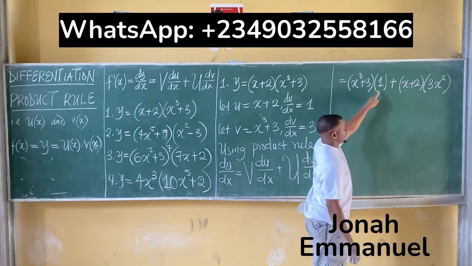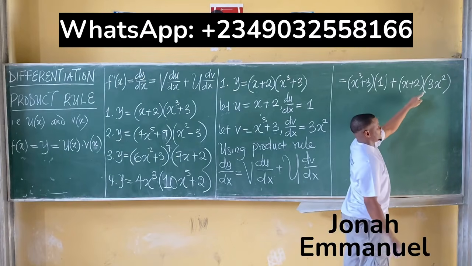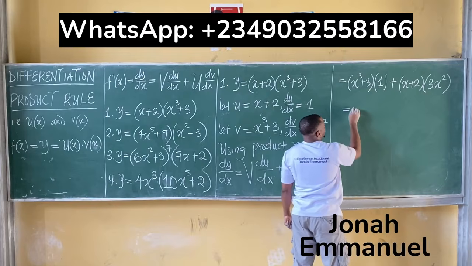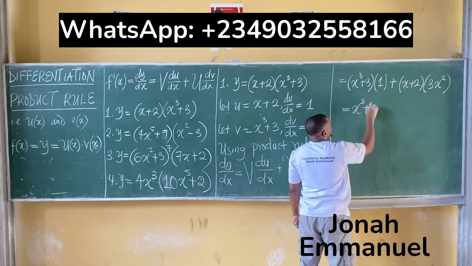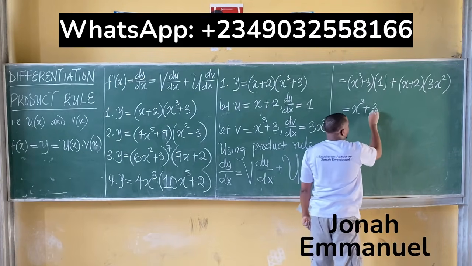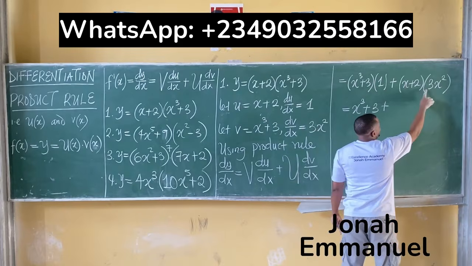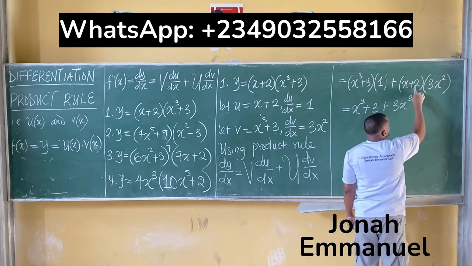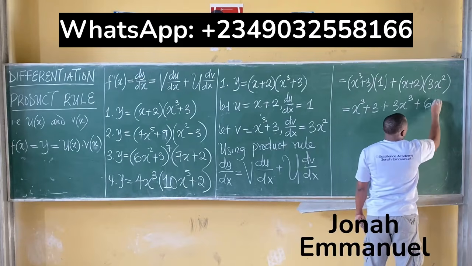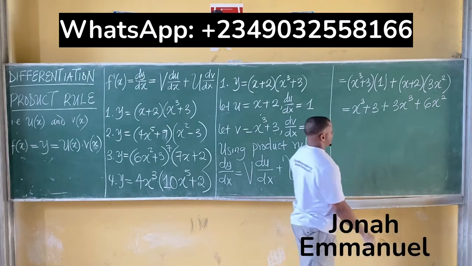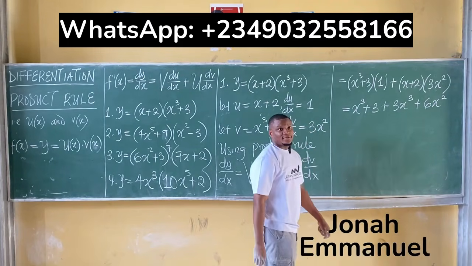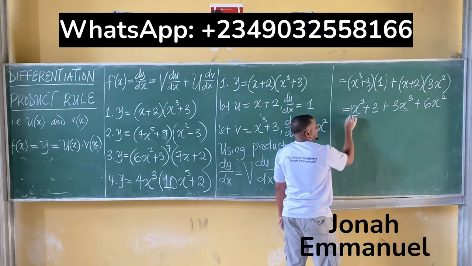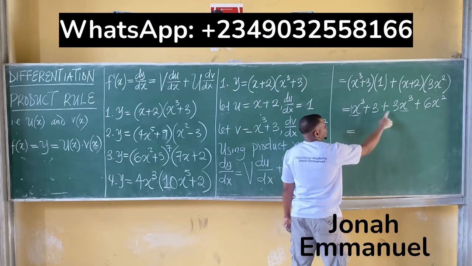So this is v du/dx plus u dv/dx. Please expand this. What do you have here? 1 times x cubed is x cubed, plus 1 times 3 is 3, plus x times 3x squared is 3x cubed, plus 2 times 3x squared, 6x squared. Any like terms? There's x cubed, there's x cubed. The number here is 1, so that's equal to 1 plus 3,